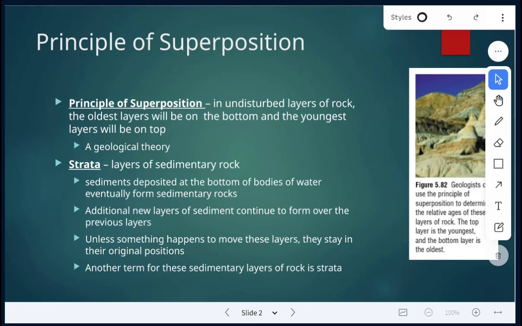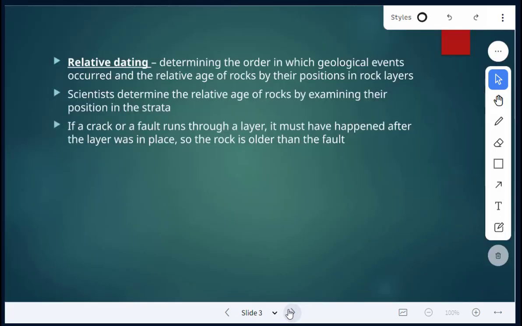So that principle of superposition can be used by geologists to determine the relative ages of the layers of rock, because the top layer is the youngest, the bottom layer is the oldest. Relative dating: determining the order in which geological events occurred and the relative age of rocks by looking at their positions